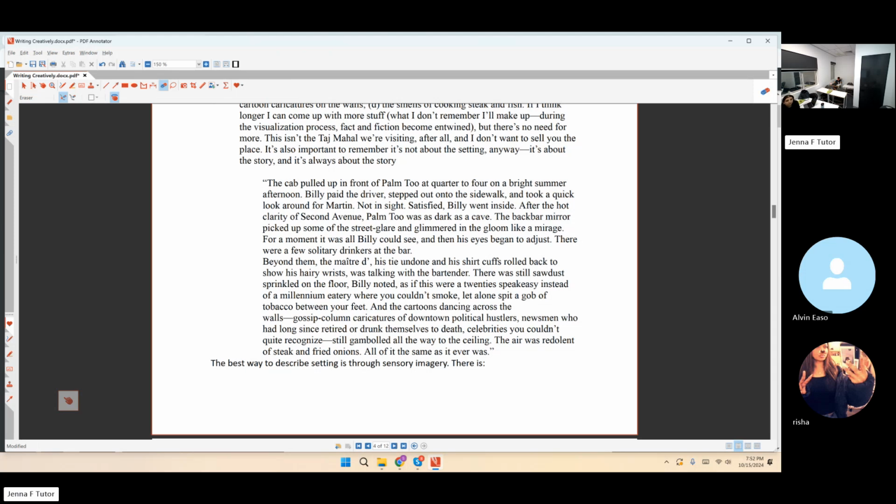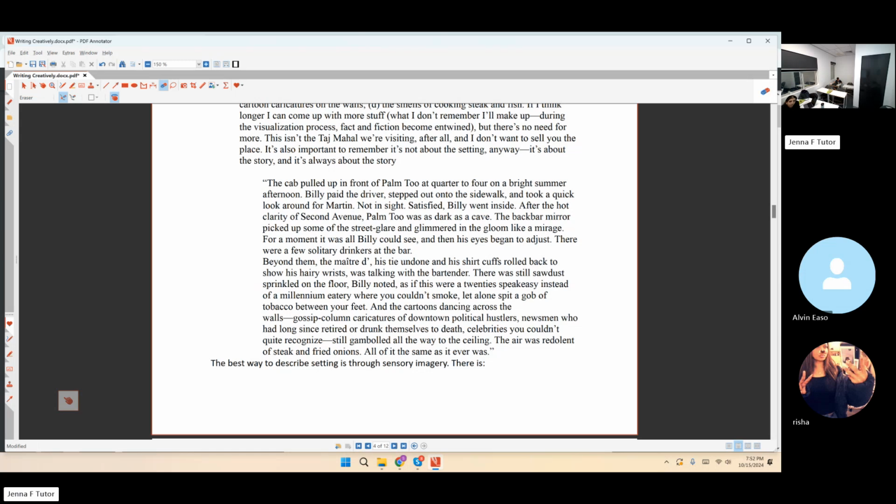The maitre d', his tie undone and his shirt cuffs rolled back to show his hairy wrists, was talking with the bartender. There was still sawdust sprinkled on the floor. Billy noticed, as if this was a 20s speakeasy instead of the new millennium, where you couldn't smoke, let alone spit a gob of tobacco between your feet.